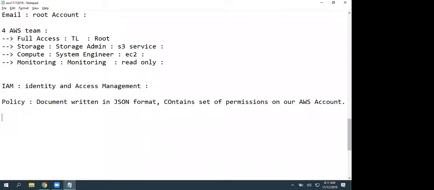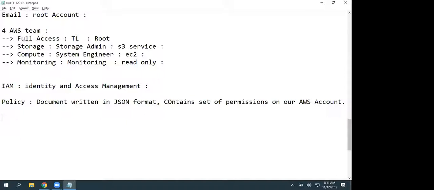Amazon by default gives 400-plus policies. If it is a developer, he is going to work on all these services. If he's a network administrator, allocate this. If he's a storage admin, allocate this. If he's a data scientist, allocate this policy. Based on job role, Amazon has intelligently given a couple of job role policies. Along with that, you can create your own policies and apply them. Customizing policies, or customer managed policies, we will create in our next session, not in today's session. So at the moment, I'll go with the AWS managed policy.